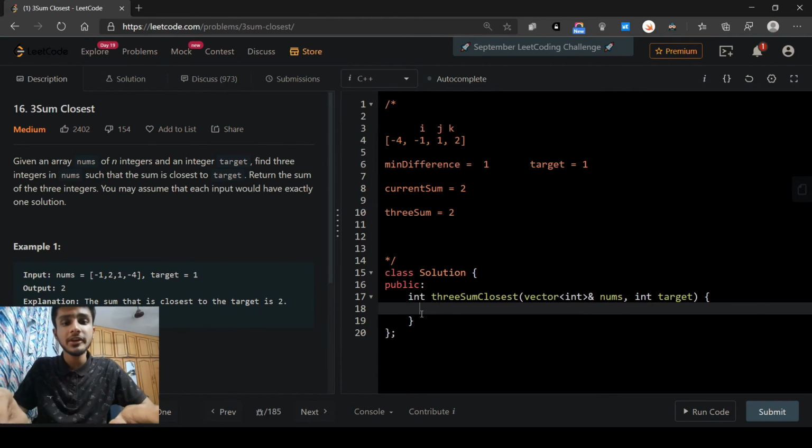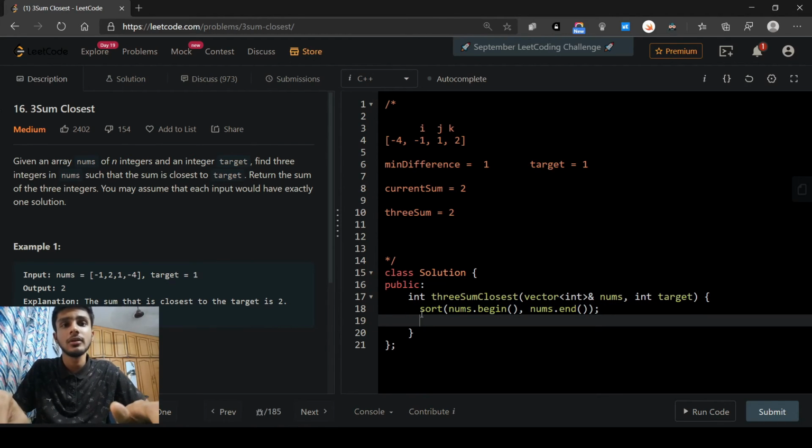So what you need to do is first sort the given array. So sort of nums.begin to nums.end. So this sorts the given array in ascending order. Now let's set our min difference to be equal to int max initially, and let's declare 3sum.